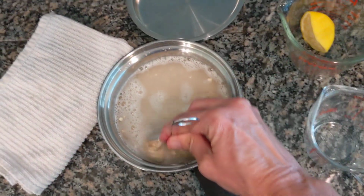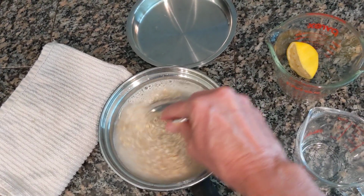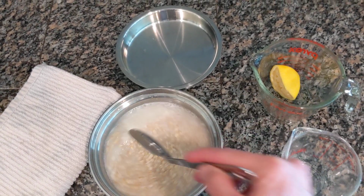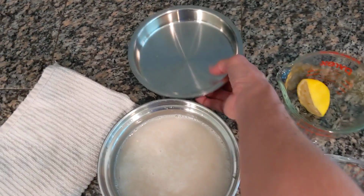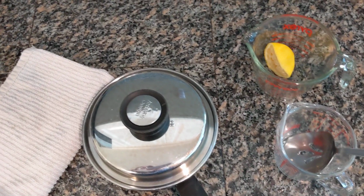and stir it up. You can also substitute like a tablespoon of apple cider vinegar if you prefer, or a tablespoon of liquid whey. I prefer lemon juice because it just makes the resulting oatmeal taste better, in my opinion. So once you stir it up, you just put the top on the pot there and just leave it